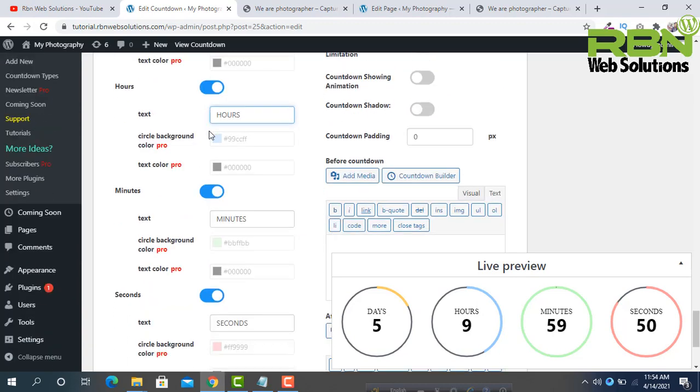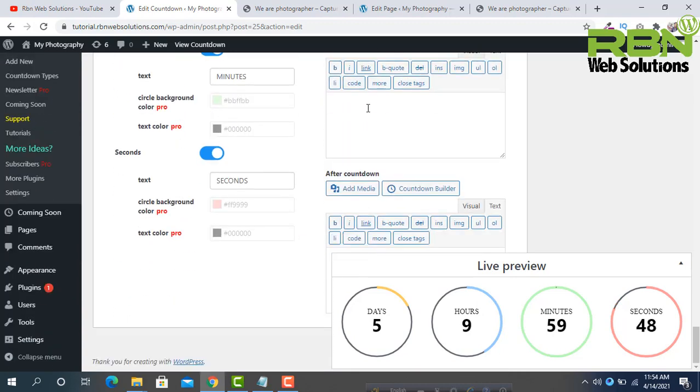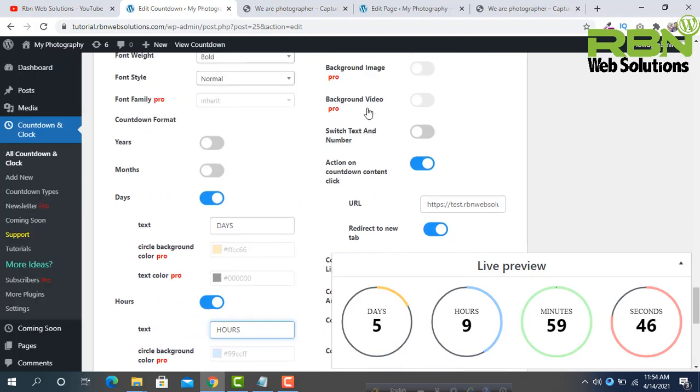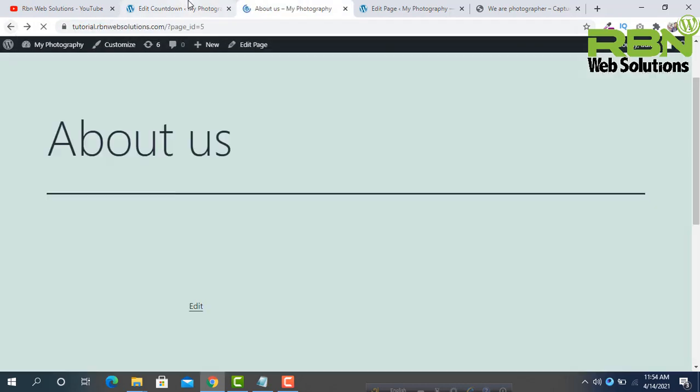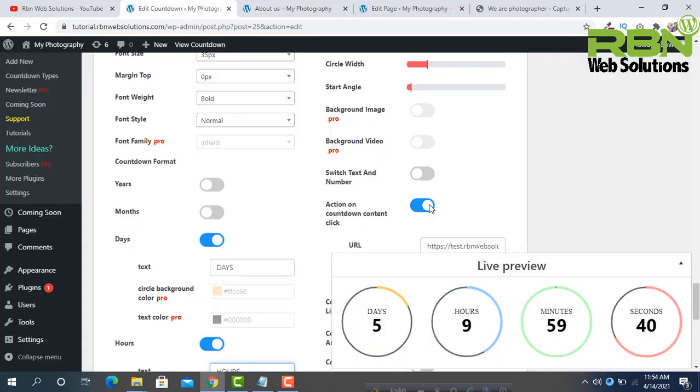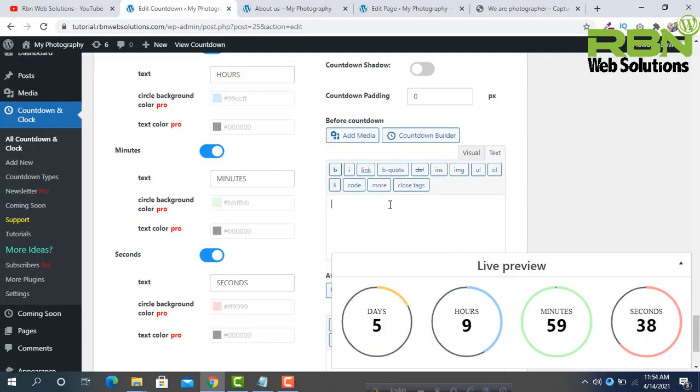So you can change those also. And if you want to set any text before the timer, you can set it here. Suppose Ramadan offer is going on.